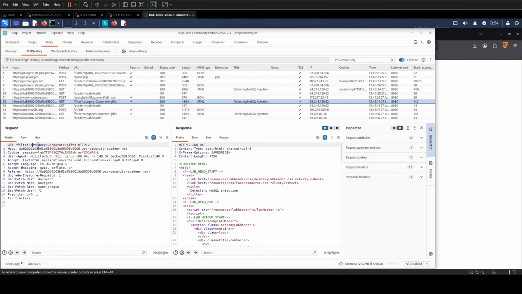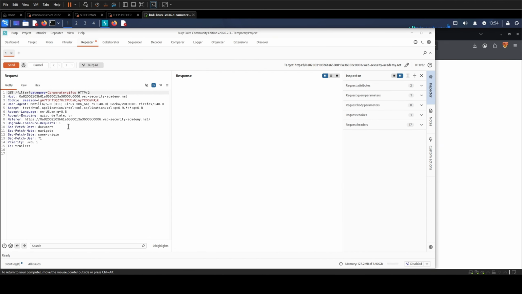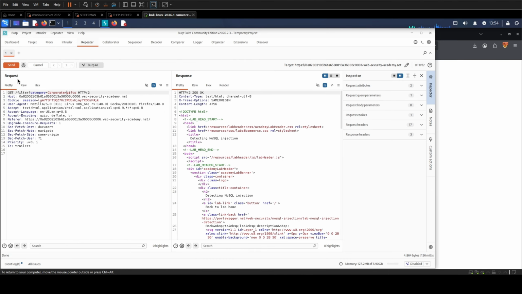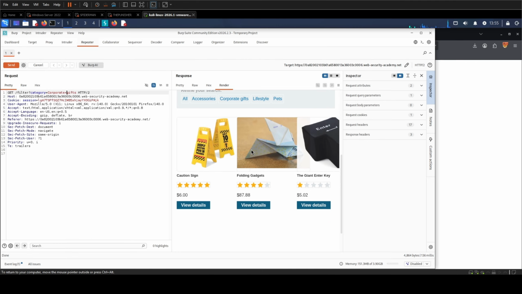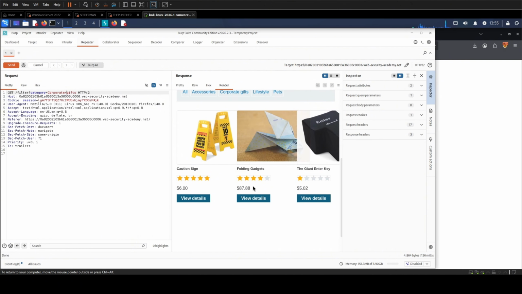Now I'll right-click it and send it over to Repeater. Repeater's the tab where you take one request and fire it again and again, tweaking it each time without clicking around the site every single time. Let me send it once as is, just to confirm we're set up. The response comes back as raw text on the right, which is great for reading errors, but when I actually want to count products, I'll flip to the Render tab, which shows the response like a real page. 3 products, same as the browser.